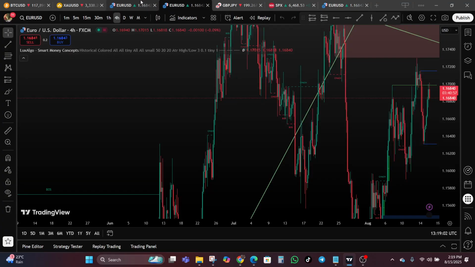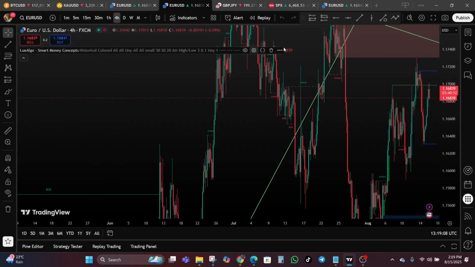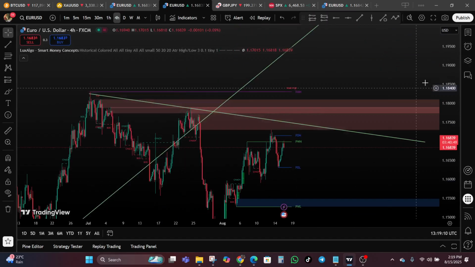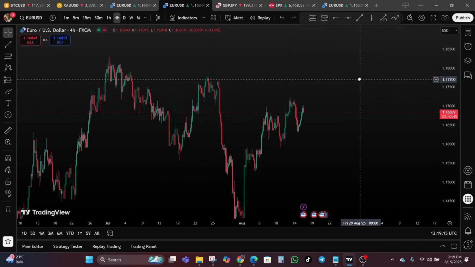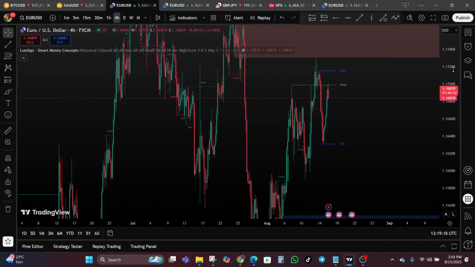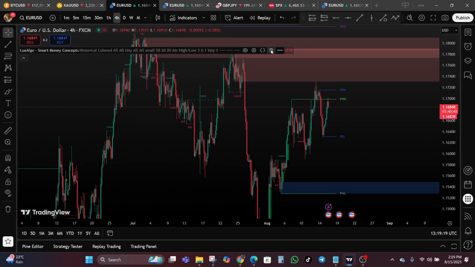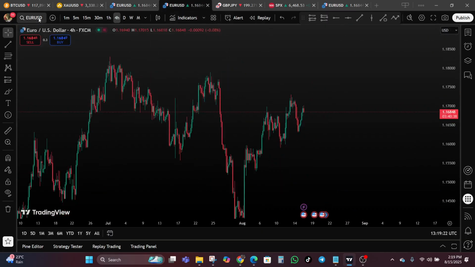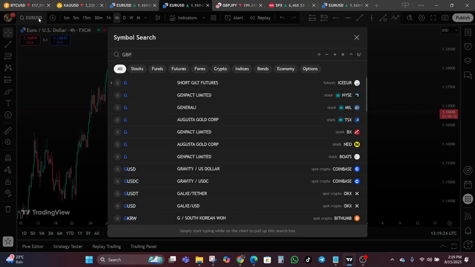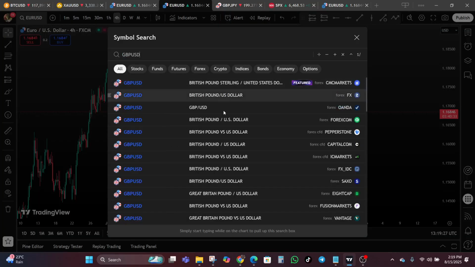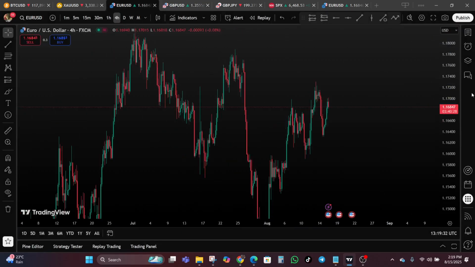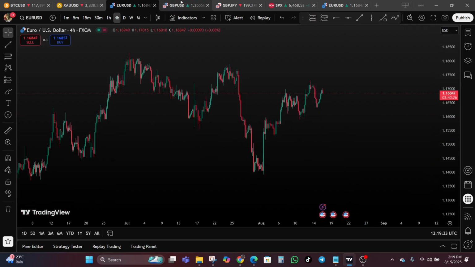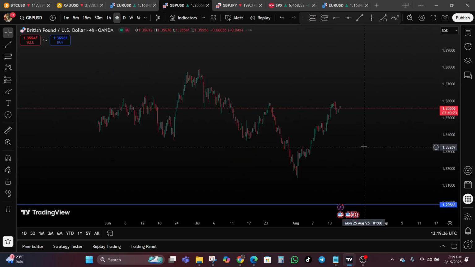So what I'm going to be doing now is open the GBP/USD chart. This is EUR/USD. I'm going to open GBP/USD right now. Let us go to the 4-hour charts of both of them. Looking at the 4-hour charts of both of them, we can see that